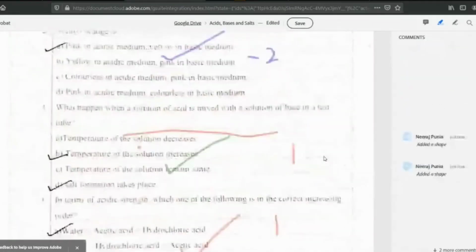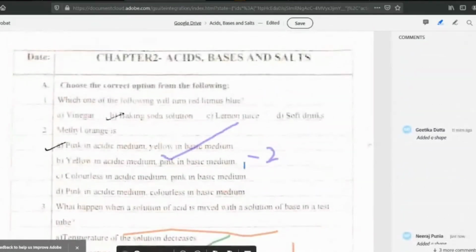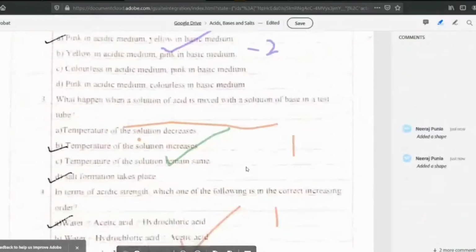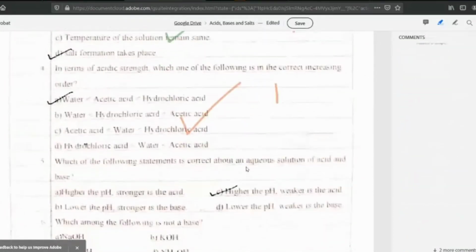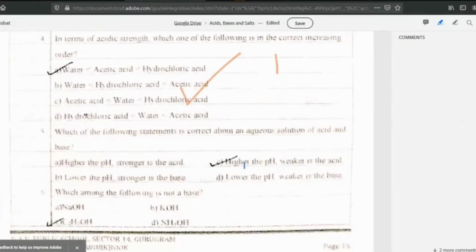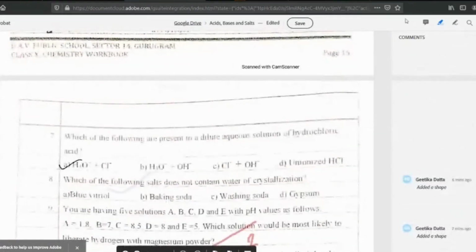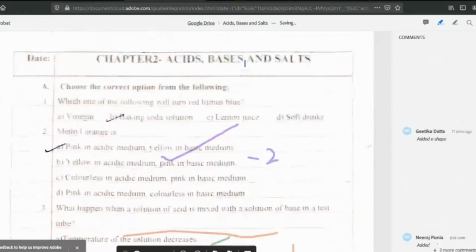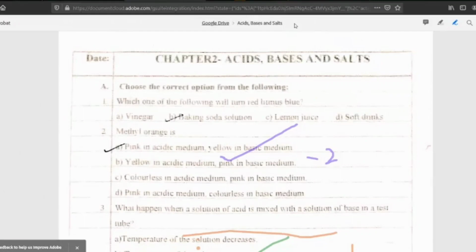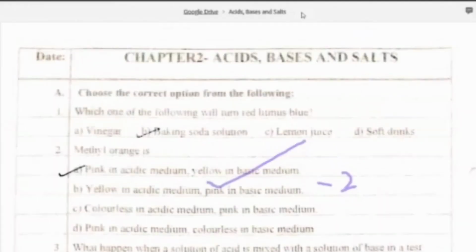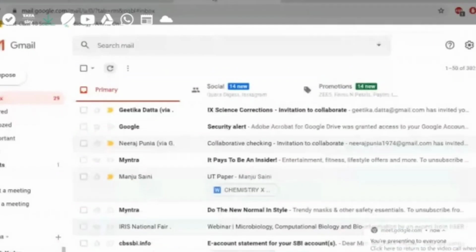So similarly, I have also checked and Geetika ma'am has also checked. So both of us have given the marks on the same file without any problem. Now I will ask Rachna ma'am to share her screen and she will also do it in the same manner. Okay, ma'am. Neeraj ma'am, just save the file. The saving option is very important because if she does not save, then the annotations are not going to be saved. Done. Okay, so now I'll show you how the third person will be checking the file.